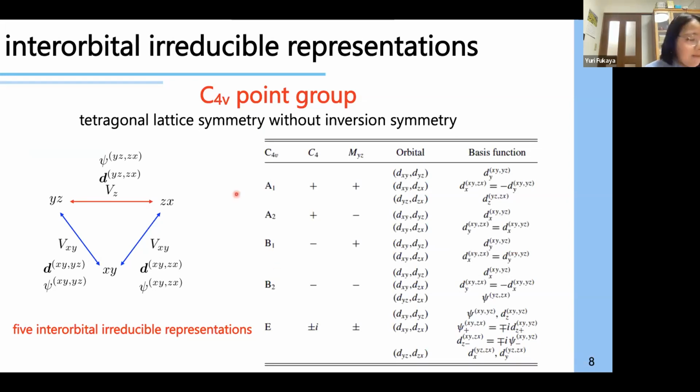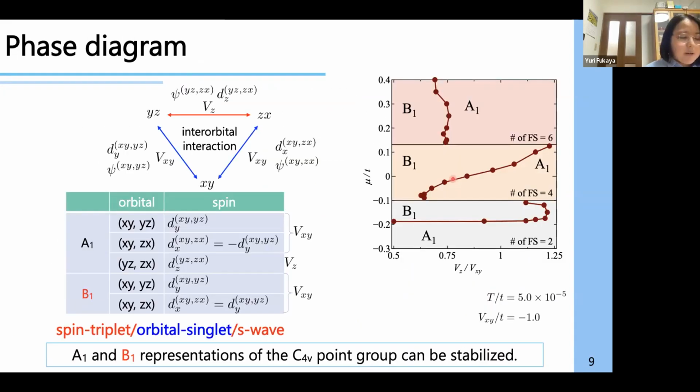The oxide interfaces that we focus on belong to the C4v point group, and this C4v point group has five irreducible representations: A1, A2, B1, B2, and E. So we will investigate which irreducible representation for interorbital pairings can be stabilized for the chemical potential and the ratio of interorbital attractive channels